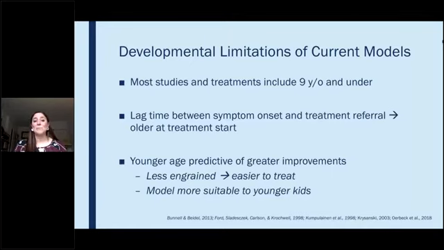We know that there are these older kids with selective mutism. One of the reasons for that is because there is a lag time, typically, of years that pass between the symptom onset and treatment referral. And this occurs because parents and pediatricians and educators and even mental health professionals who may not be as well versed in selective mutism might expect that these symptoms